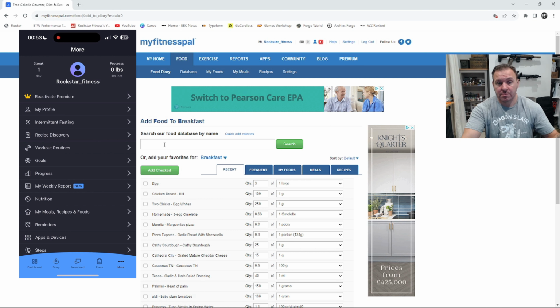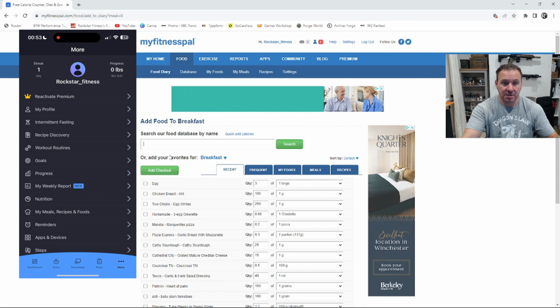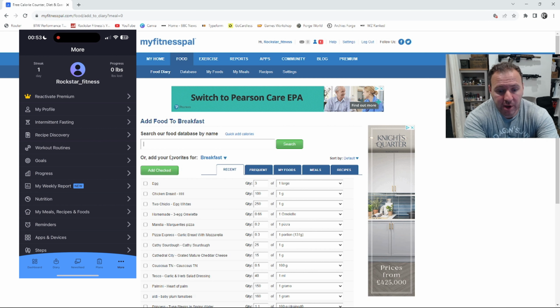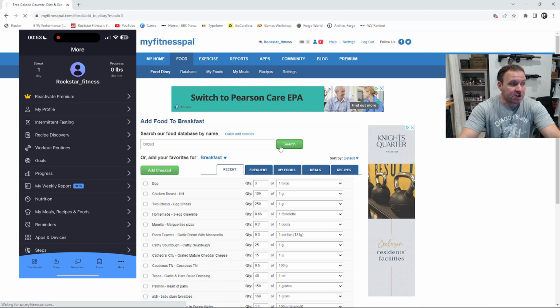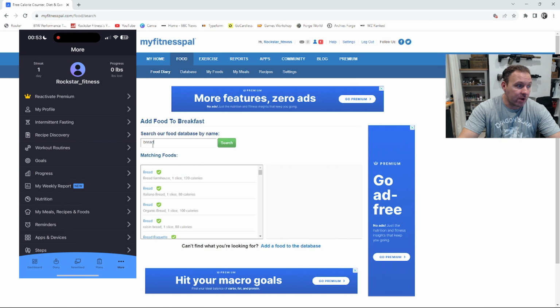So I've added 3 eggs already, but I'm going to add 2 slices of bread into that because I'm going to have some eggs with toast. So we're going to put in bread and we're going to search. And that's going to give us a lot of options. So we're now going to change that slightly because we want to kind of narrow it down. We're going to go to brown bread